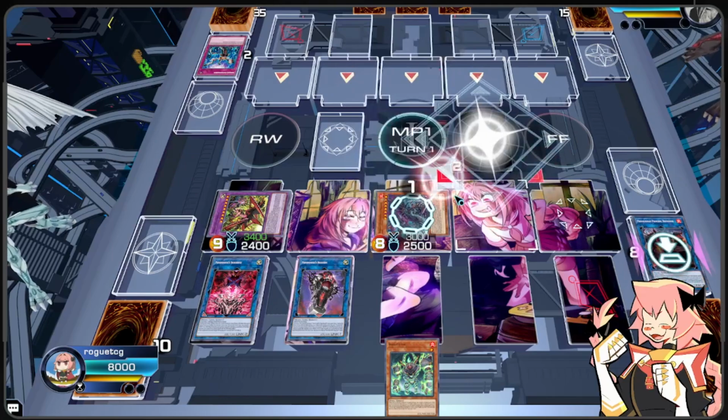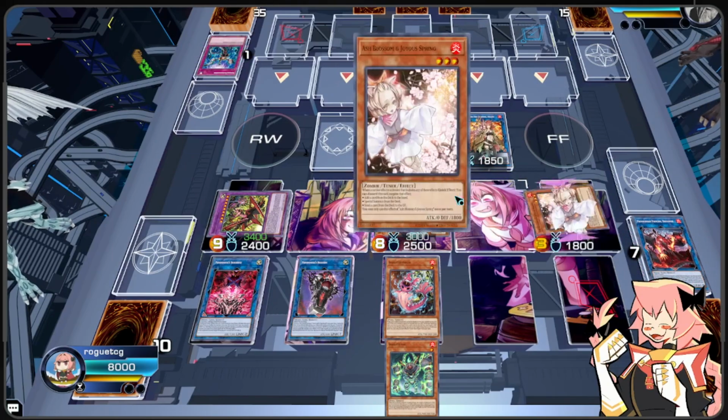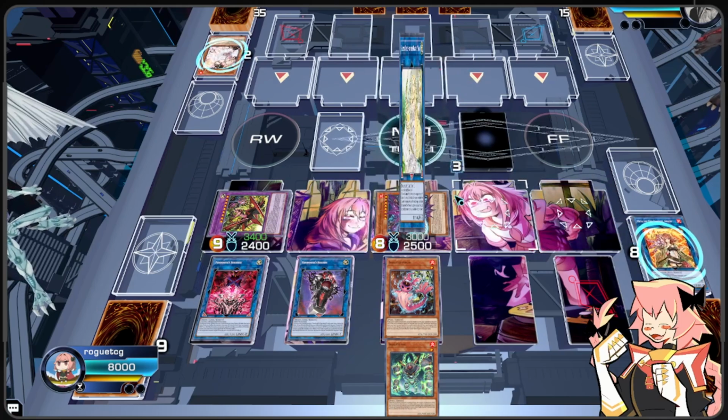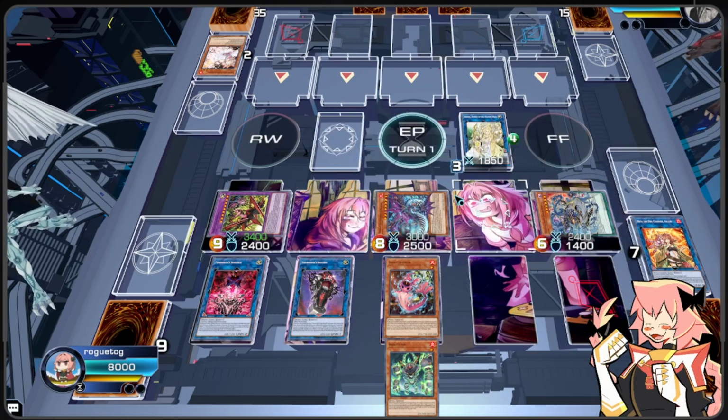We're going to bring back our Flamberge. We're going to make our Hita. And then we're going to put our Poplar in the back row. We're going to go Hita to bring back their Ash Blossom. We're going to go into Selene. And that's the reason we discarded our Jackal King, so we could go Selene to bring back our Jackal King